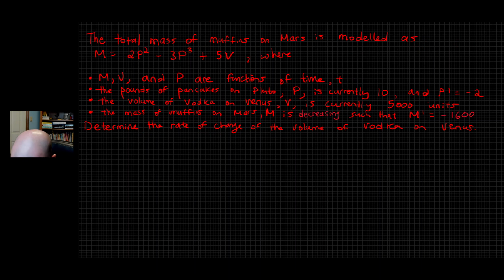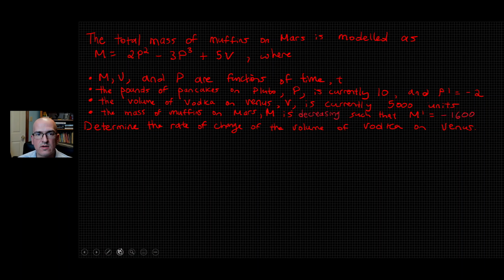Let's launch into this. We have the first question. And let's try to get it done in 30 minutes. First question, the total mass of muffins on Mars, oh no, is modeled as m equals 0. Just kidding. m equals 2p squared minus 3p cubed plus 5v, where all those things are functions of time, and the